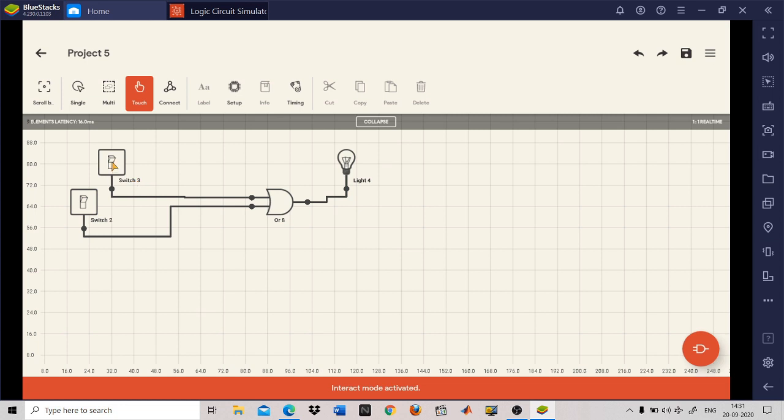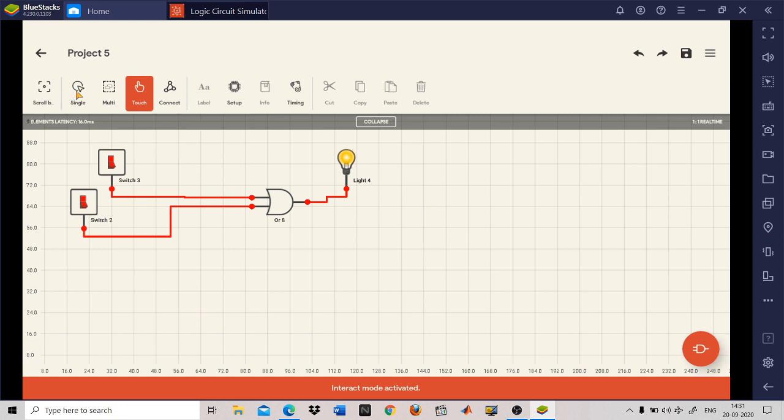Then when 0 and 1 are there, if any one of the elements is 1, you will get your output, so your light will glow. Fine. Now similarly, you make this 0 and you make this 1, so what will you get? Again you will get 1 out, because one of the inputs is 1. Now if you make both the elements 1, again the light will glow.